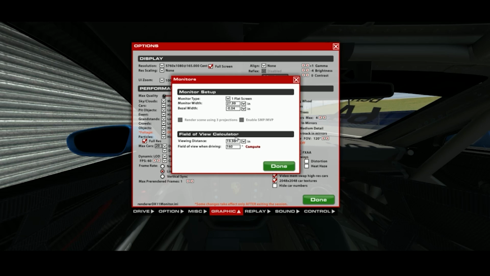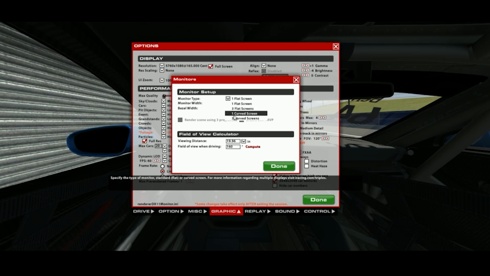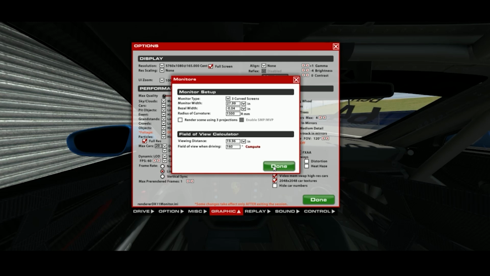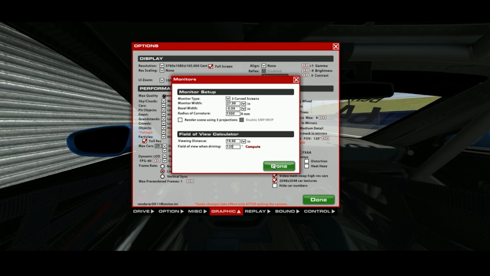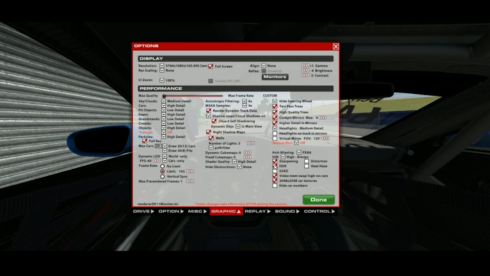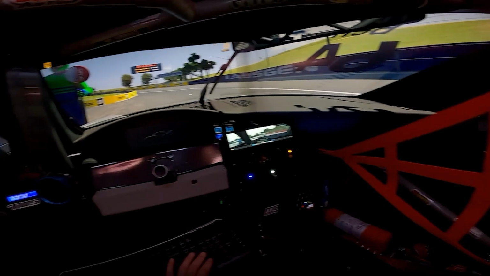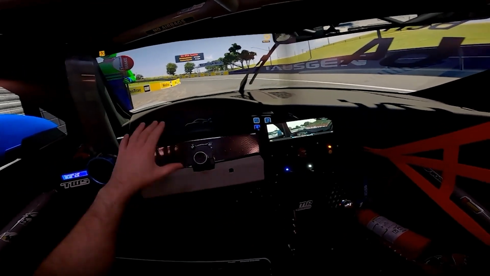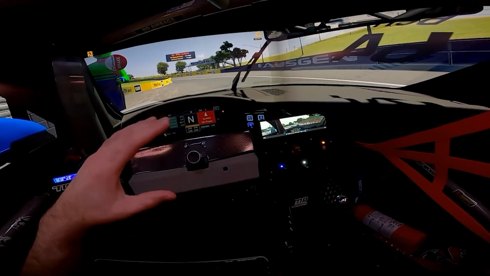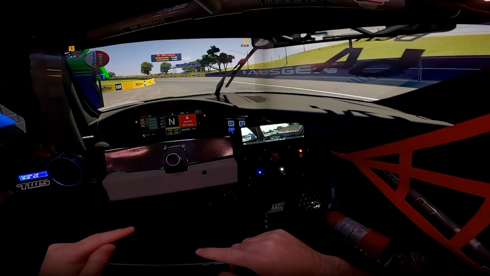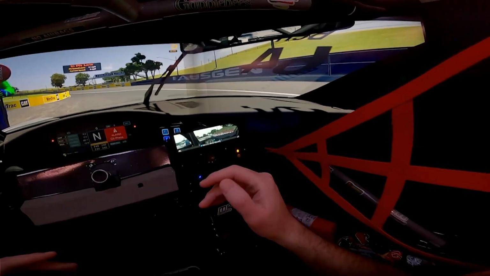Now, because I have curved monitors, I'm going to go to 3 curved monitors. And just to show you what'll happen, I'm not going to click the render scene using 3 projections. When you're not doing the 3 projections, you need to adjust the FOV. So I'm going to drop that down to 120. And you'll see now we've pulled in quite a bit, and the dash actually kind of sits where you want it to on the main screen. It's a little bit high for my liking, but that part's not a big deal because we're not going to leave it here anyways. But what you'll notice is, despite using the calculator with curved monitors, what I actually get is a